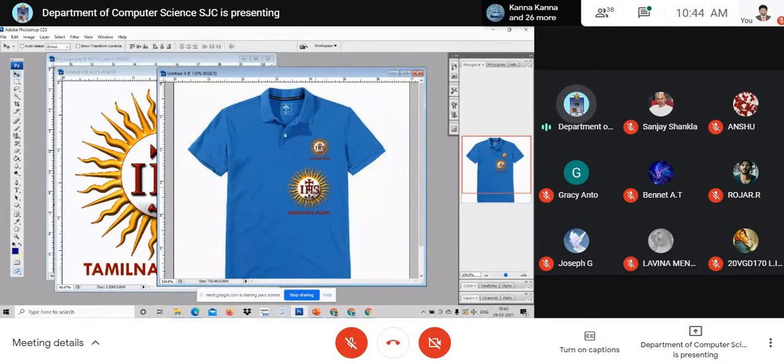Am I clear to you? You can even make it a little bigger, but people do not like it if it is bigger. You'll have to make it smaller. So to fit here, you'll have to give it. Am I clear to you? Just give it to them 3 into 3. They will fit it, right? This is at the front, and at the back are some funny designs. For example, look here, the back of the T-shirt.